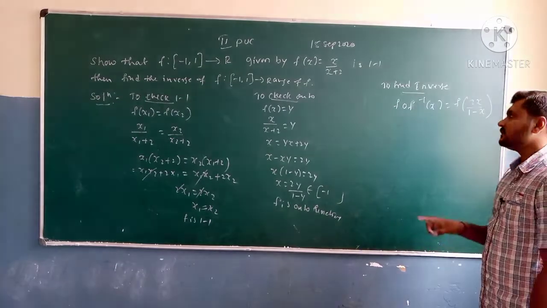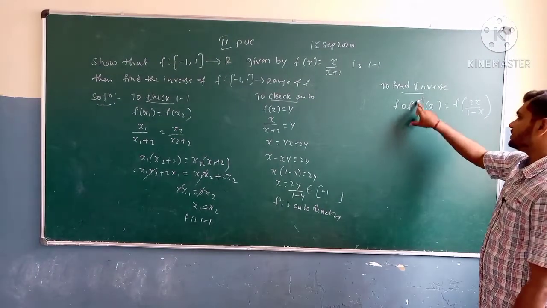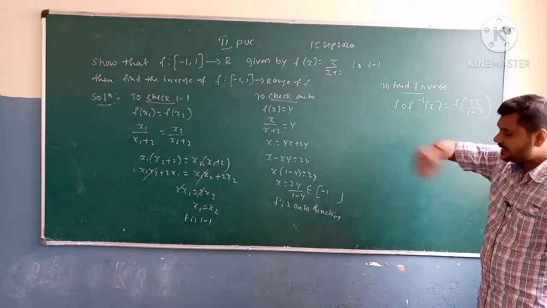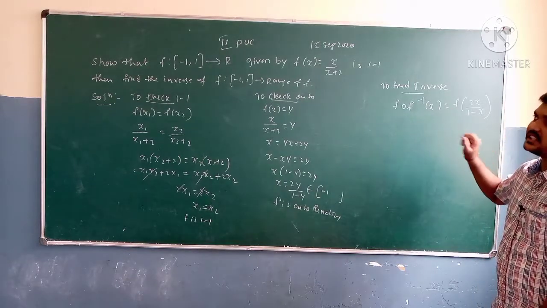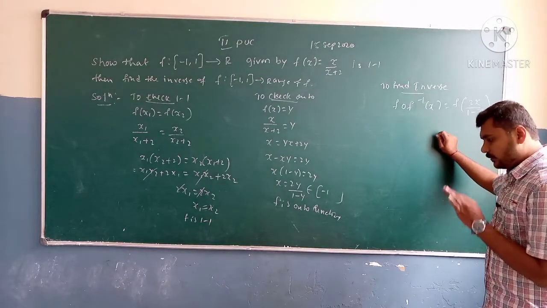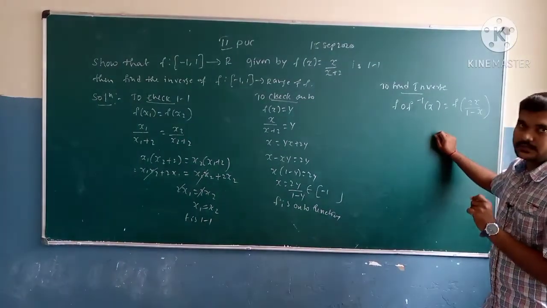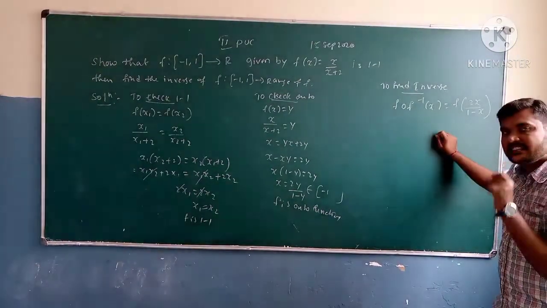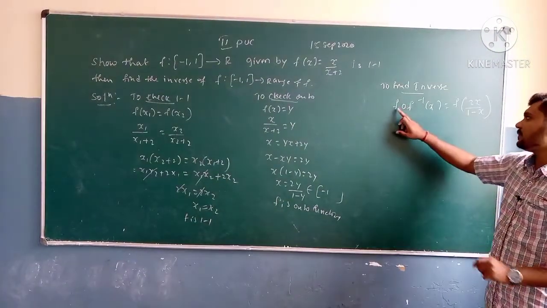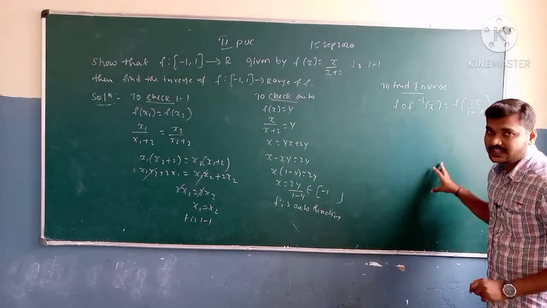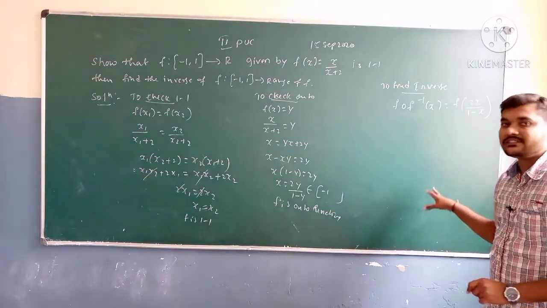So to obtain the inverse function, f inverse of x is equal to x. Already in the last one I mentioned that g of f of x is going to be x. So here g of x is going to be the inverse function. So if f inverse of x is x, then I can say we get an inverse function.